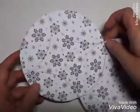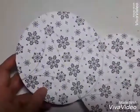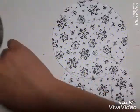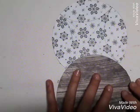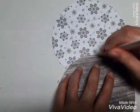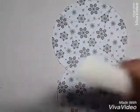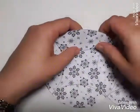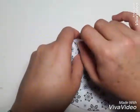And when you score those, just mind the surface underneath you. So you might want to put something underneath it, like an old book or a magazine or something like that. And I just took my template and I got my bone folder and I just scored around those lines like that. So when we get to this point, what we need to do is to start very carefully